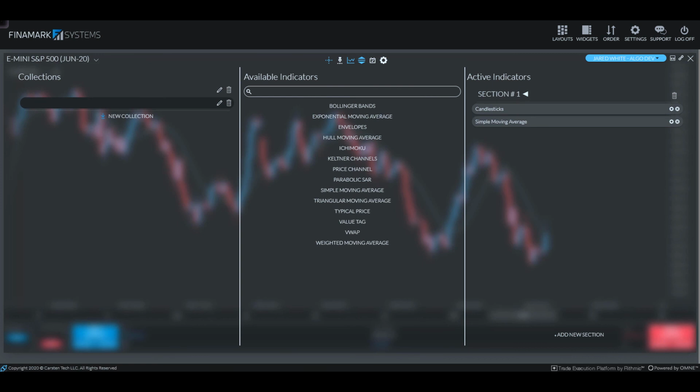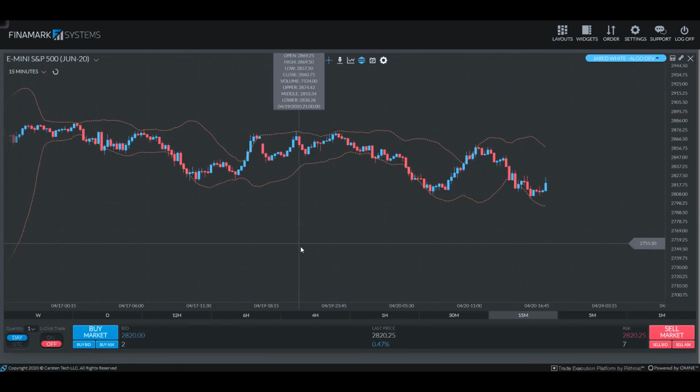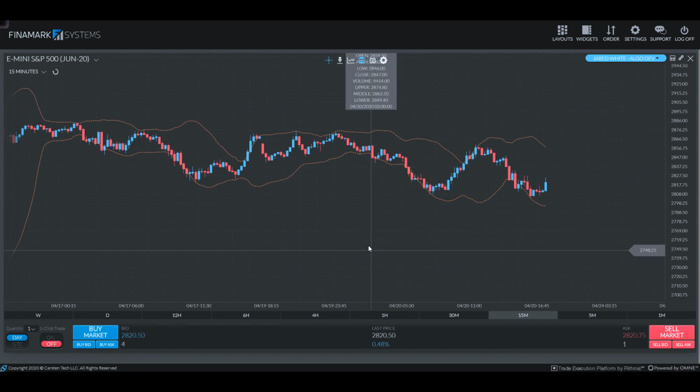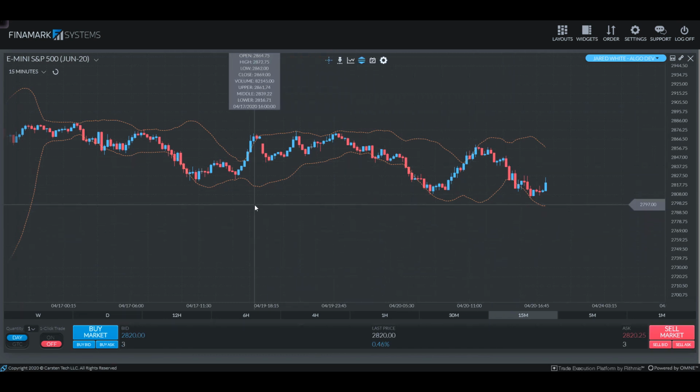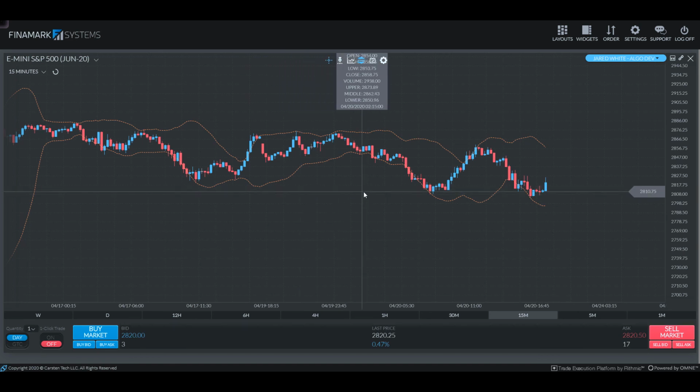The next on the chopping block after the moving average would be the Bollinger Bands, another one of my favorites. Getting rid of the simple moving average and adding a Bollinger Band, that's going to be at the very top because of alphabetical order. Clicking that and going back to the main screen, we now have ourselves a Bollinger Band where it's going to show the outer bands and giving us a setting opportunity to go ahead and show the center, which is going to be what the deviations are based off of, is usually how it's going to be displayed. My settings are slightly different due to my personal preferences.